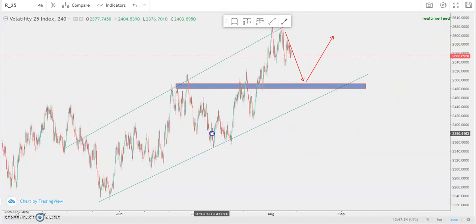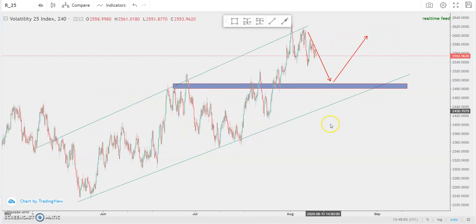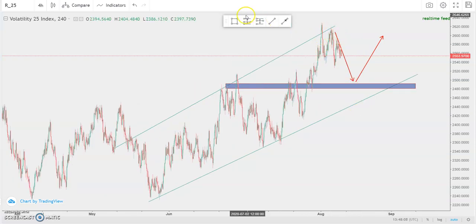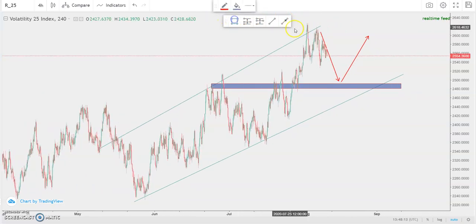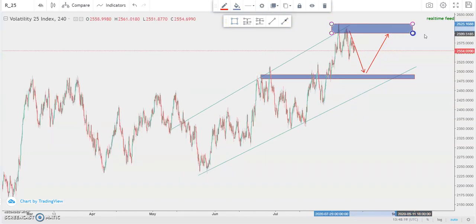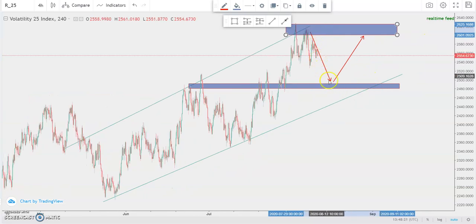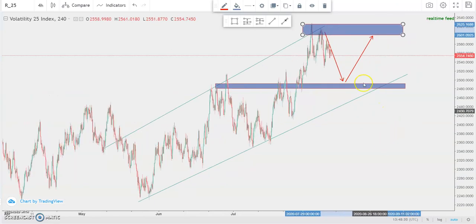Okay, this is V25 for you guys. It's been following a good channel in the 4-hour time frame, so I'm expecting that price starts to drop going back. There was a resistance zone here. We're coming from an area of resistance. So I'm expecting it to drop and then maybe bounce back up, or maybe drop to these regions. But this has been the channel that it's been working on. You can actually trade this in